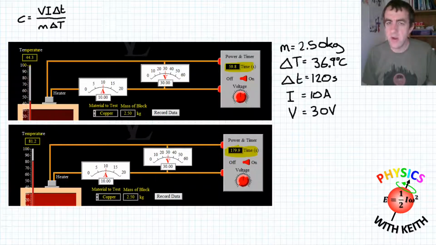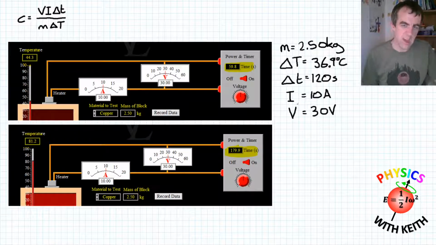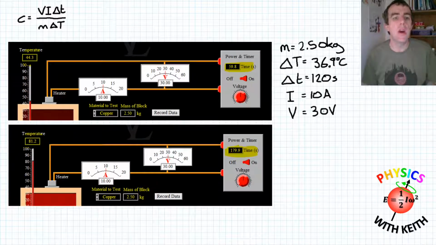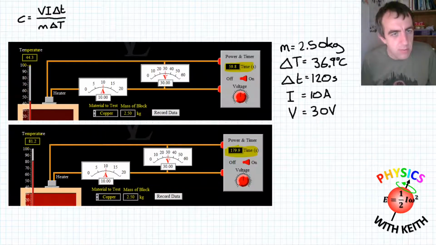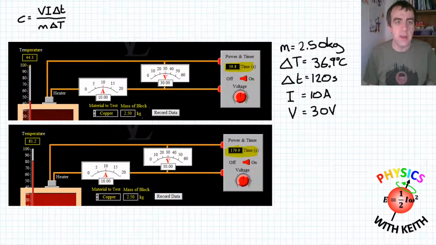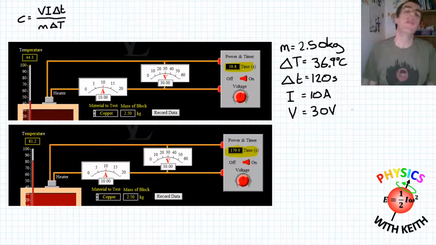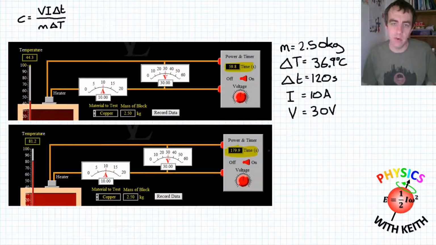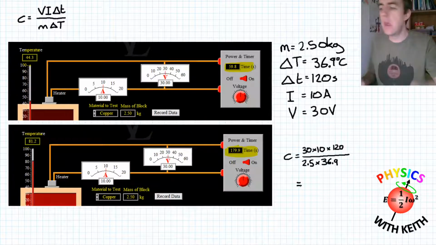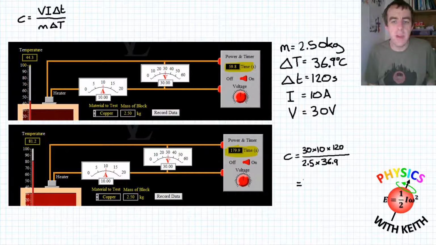If I'd given my time to more significant figures, it would have only been on the 4th significant figure that we'd see a difference. And there's not much point when my current is given to 4 significant figures, but my mass is only given to 3 significant figures, and my temperature is only given to 3 significant figures. So there's no advantage to giving the time to more than 3 significant figures. So when I substitute those numbers in, I get